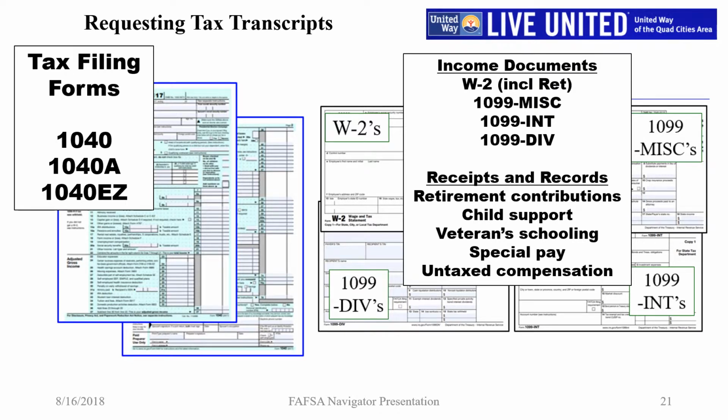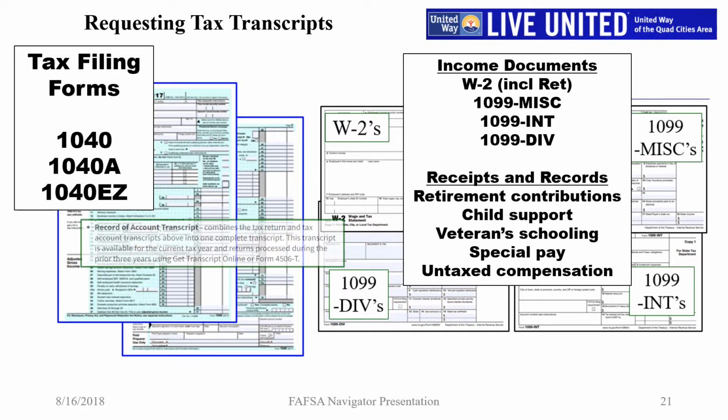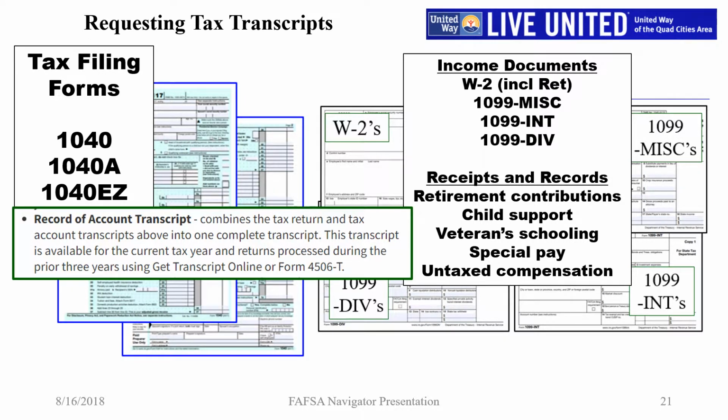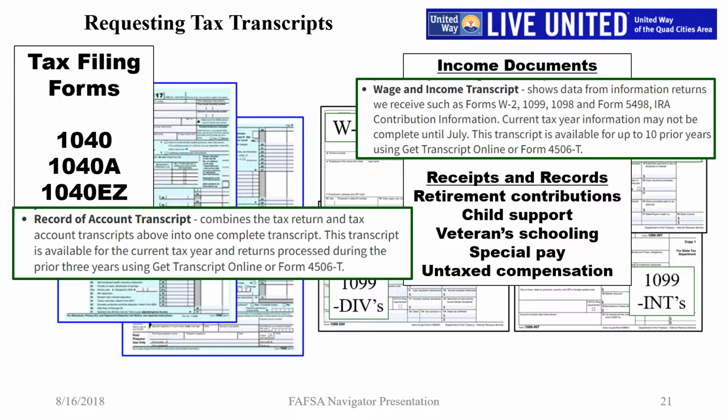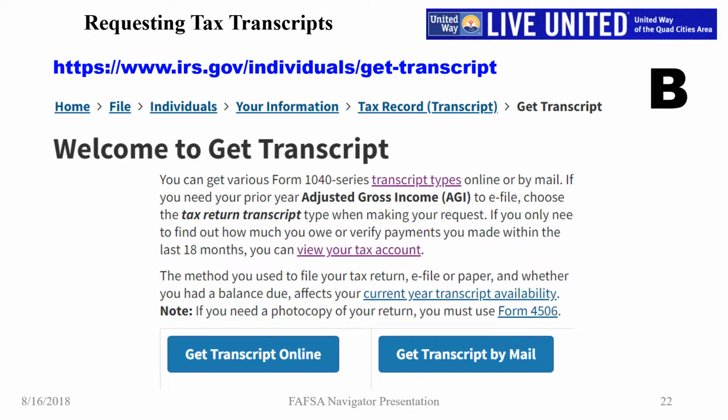That's what the IRS is offering in assistance, if you need it, in retrieving personal financial information related to the tax filing forms and income documents plus IRA contributions. The other information will have to be researched with the originating organizations. Thank you, IRS, for helping to get us part of the way. Now that we know the type of transcripts to get, let's discuss the 4 methods to request those transcripts.